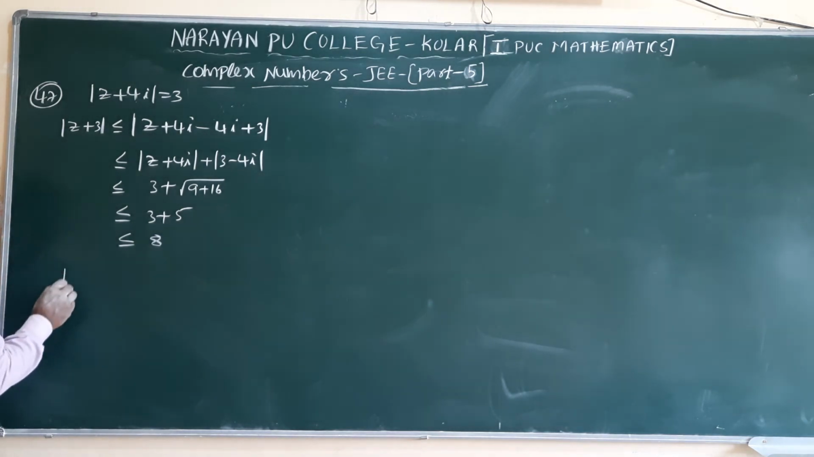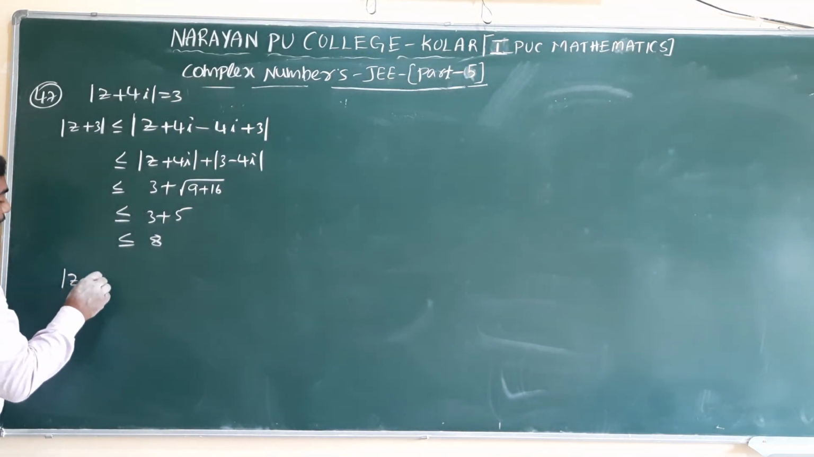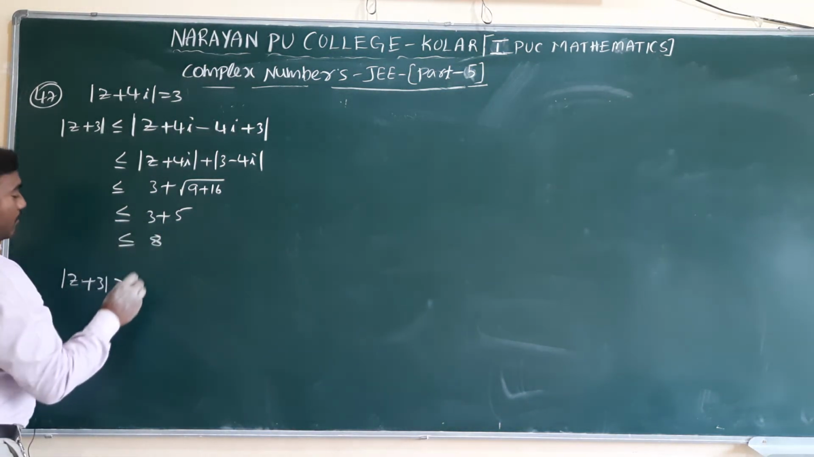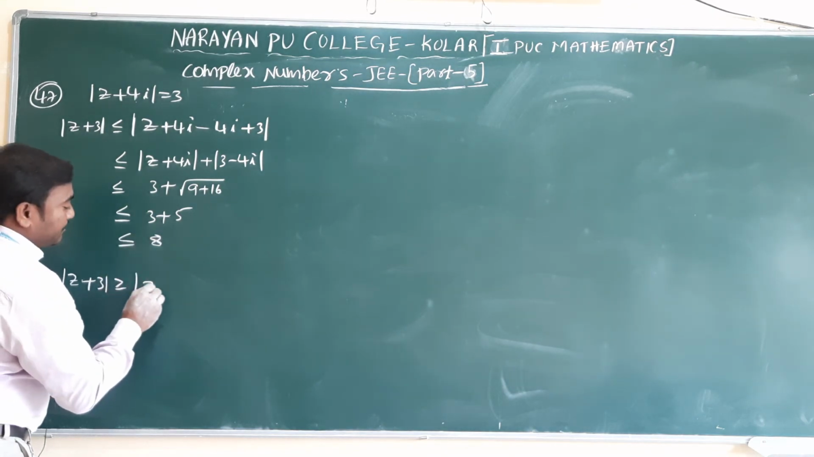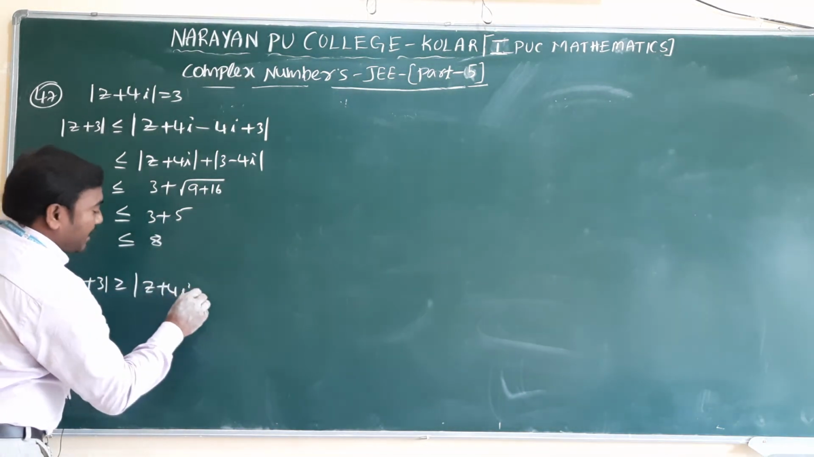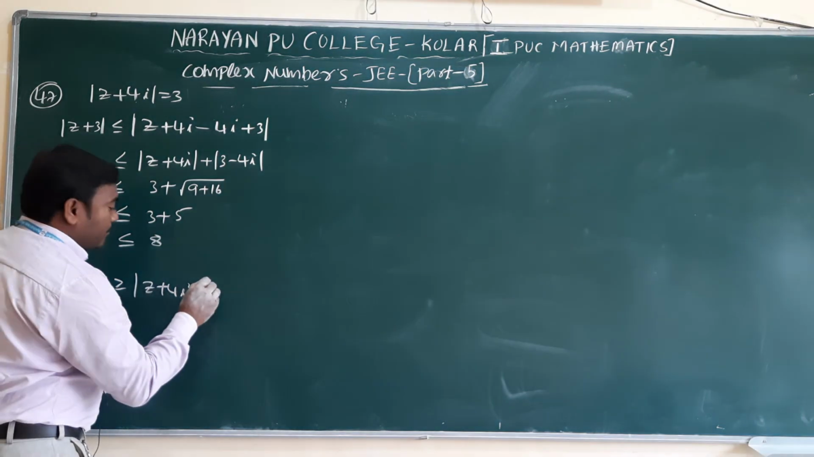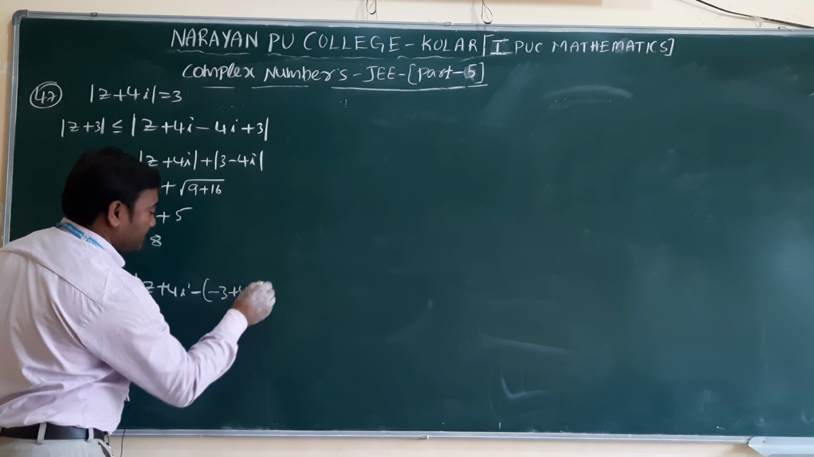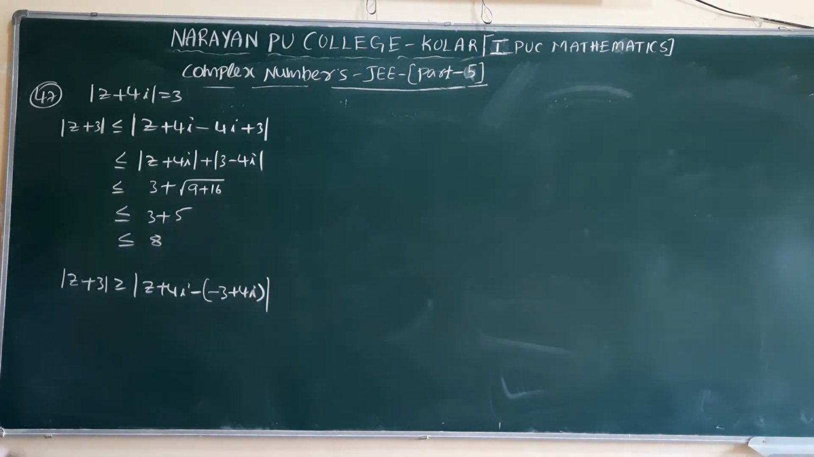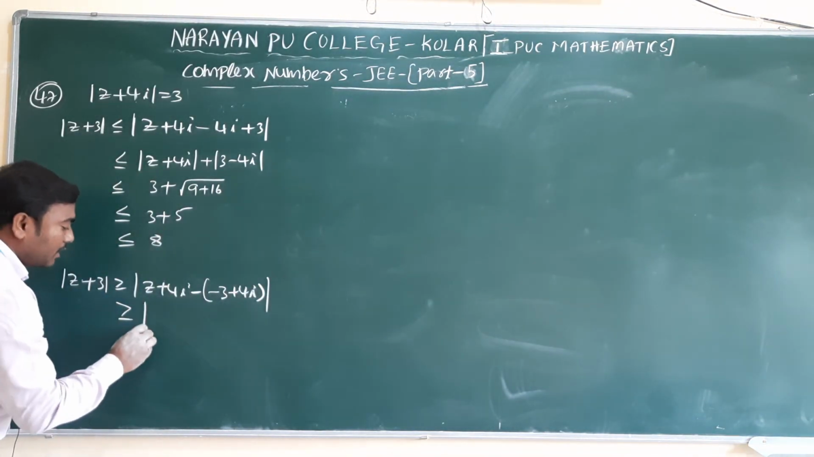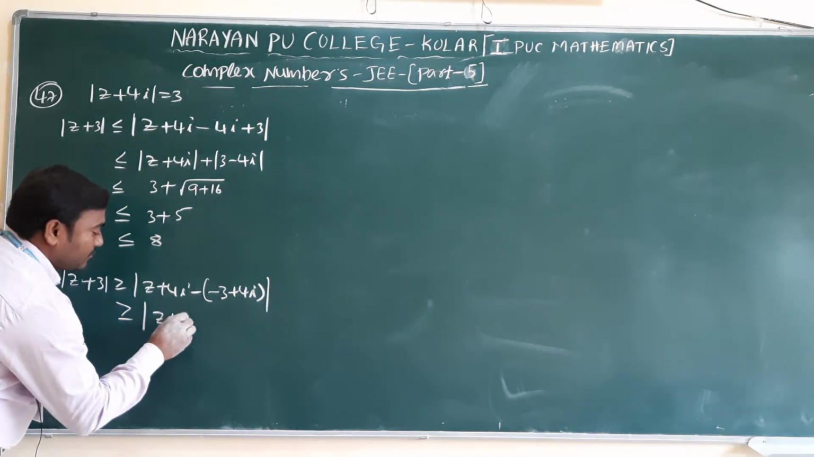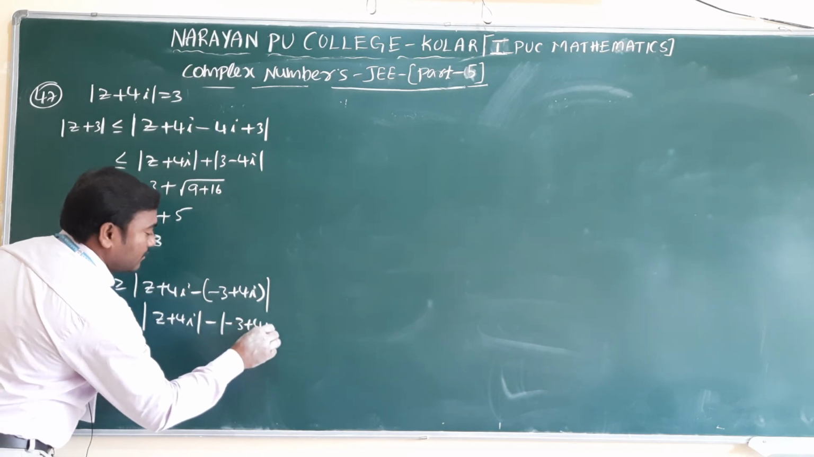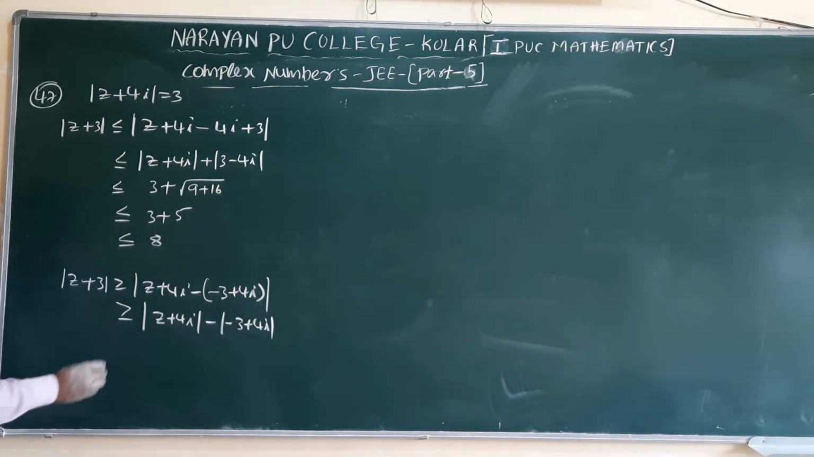You have taken modulus of z plus 3 is greater than or equal to modulus of z plus 4i minus modulus of minus 3 plus 4i. Here it is greater than or equal to modulus of z plus 4i minus modulus of minus 3 plus 4i, is greater than or equal to